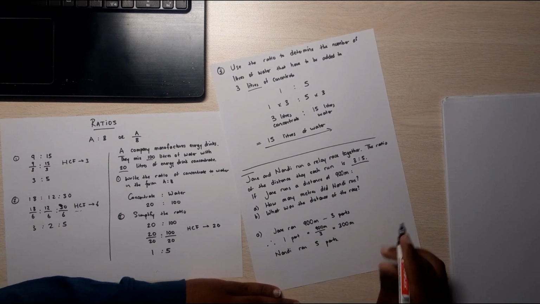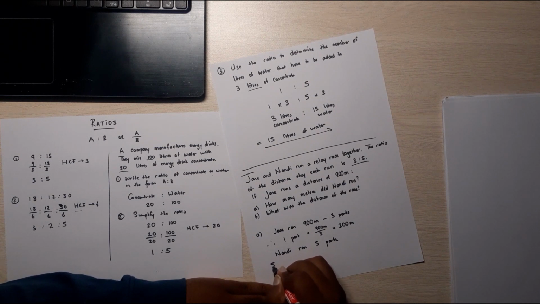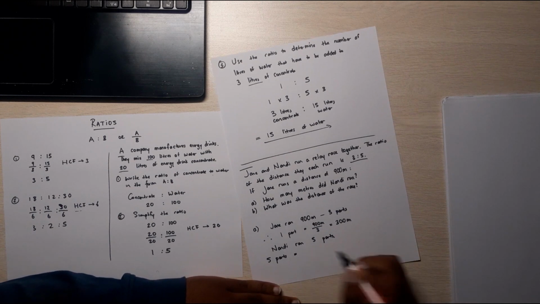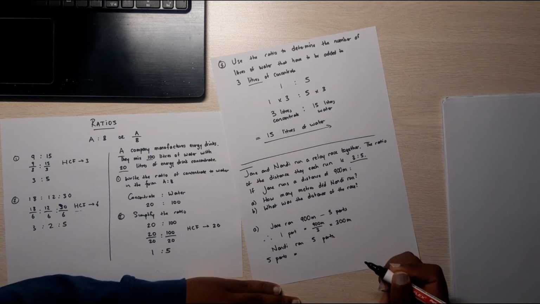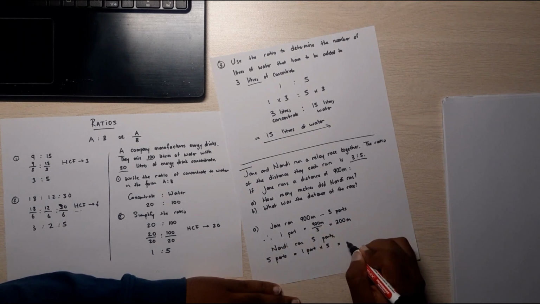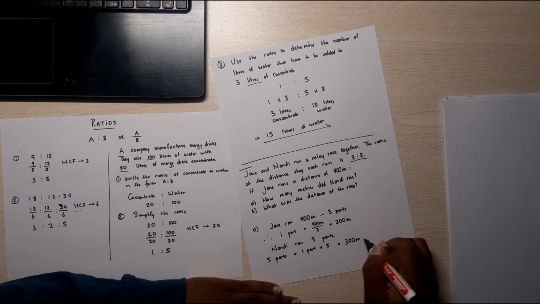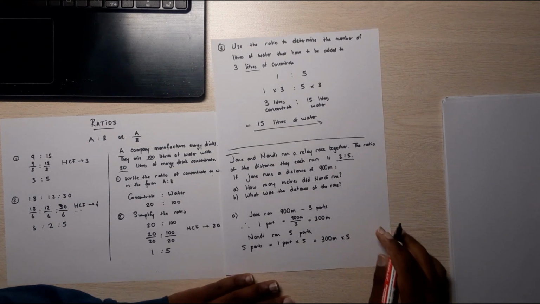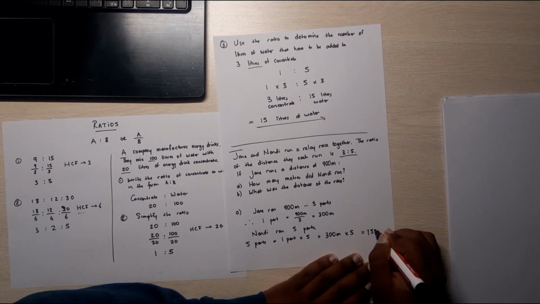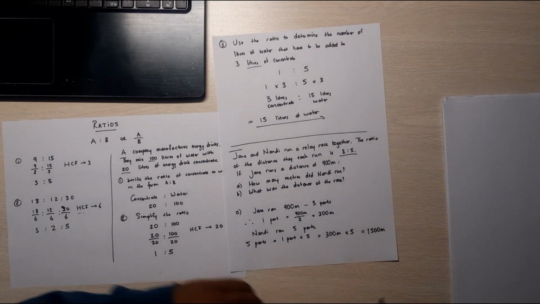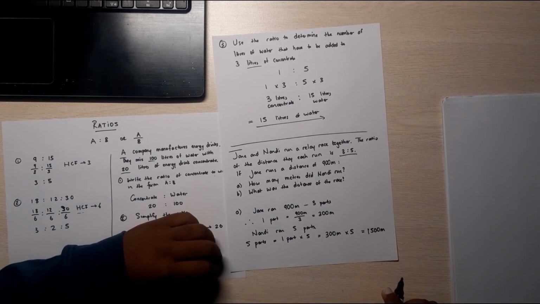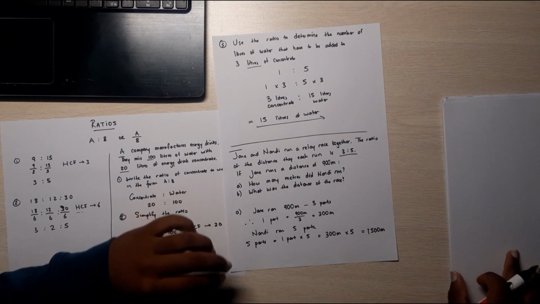So all we do is 5 parts is equal to 1 part times 5. And 1 part was 300 meters, 300 meters times 5. That equals 1,500 meters. Good. Now, for part B,